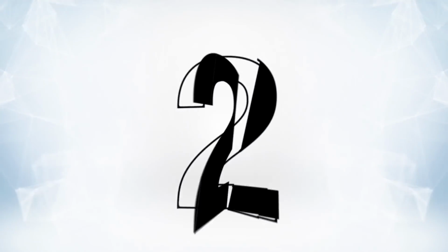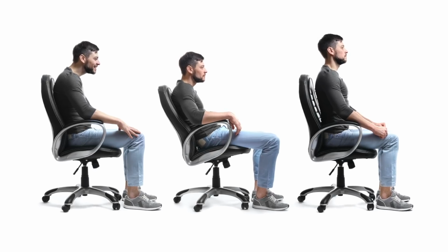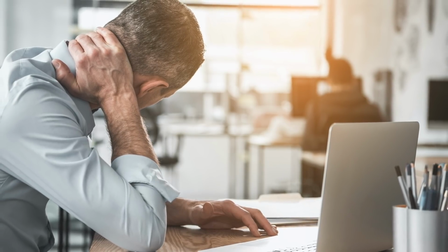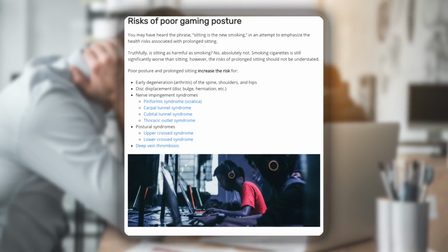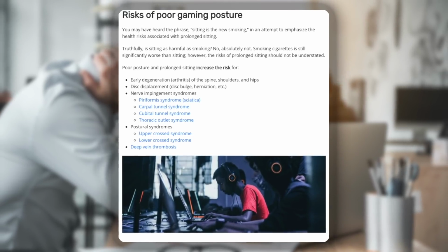Now down to number 2, of course we've talked about sitting. Let's talk about poor gaming posture and posture injuries or issues that you are at risk for. Esportshealthcare.com claims that poor posture and prolonged sitting increase the risk for early degeneration or arthritis of the spine, shoulders, and hips, disc placement issues, nerve impingement syndromes like carpal tunnel syndrome we talked about earlier, and postural syndrome. Among many other